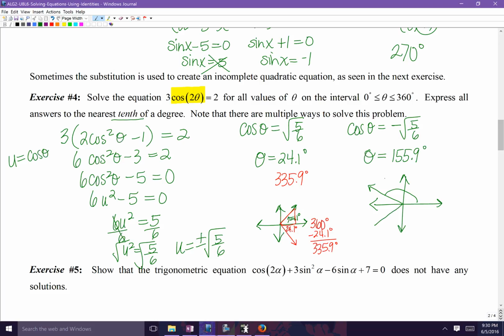Well, the reference angle for this area right here would be, if this is 180, 180 minus 155.9, my reference angle right here would be 24.1 degrees. Okay, so if I had to draw, that would be the triangle. How would I get a 24.1 degree angle down here? Well, if you said 180 plus 24.1 degrees, you are absolutely correct. 180 plus 24.1 would be